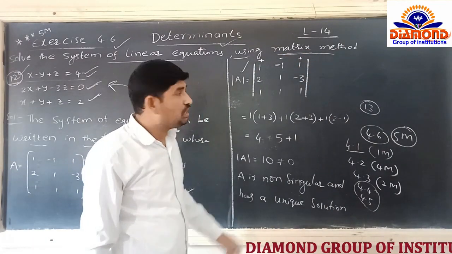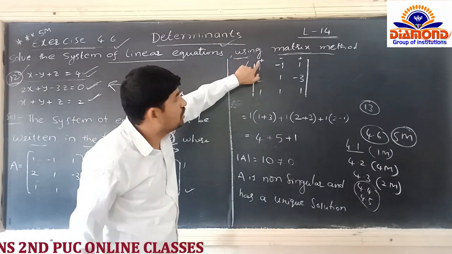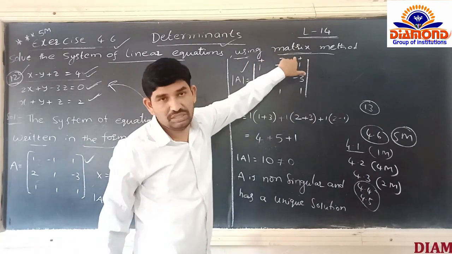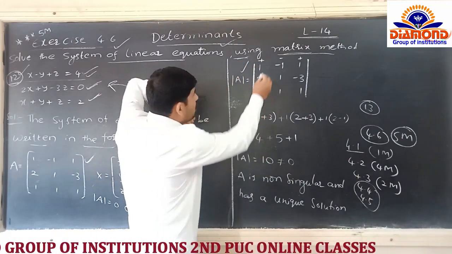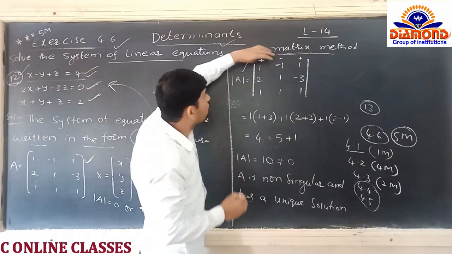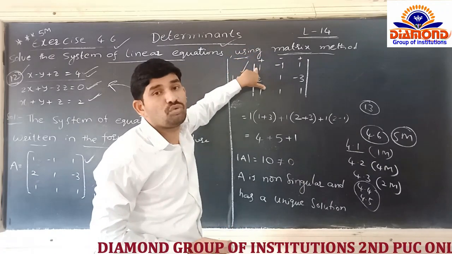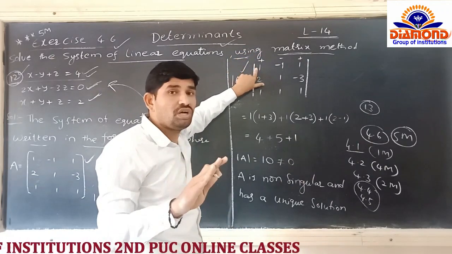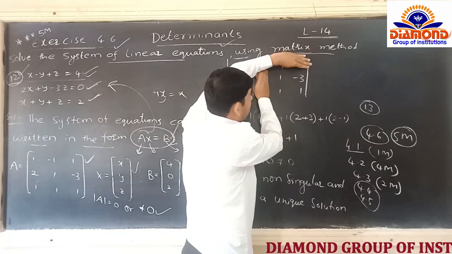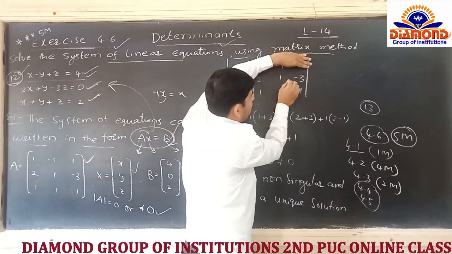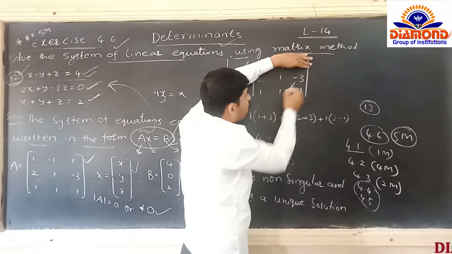Now I will write plus, minus, plus. We know how to make the determinant. Suppose we are taking the matrix A here, now we have to use the signs plus, minus, plus. Completed now? After that we have to take 1 here. Suppose we are taking the 1 here, now we have to close the address of it, where the 1 is present in the first row, first column. Just close the address of the 1. Now I am going to close the address of 1, see like this. Then whatever elements we are observing here, that is a 2 by 2 determinant. We make the cross multiplication for this determinant.